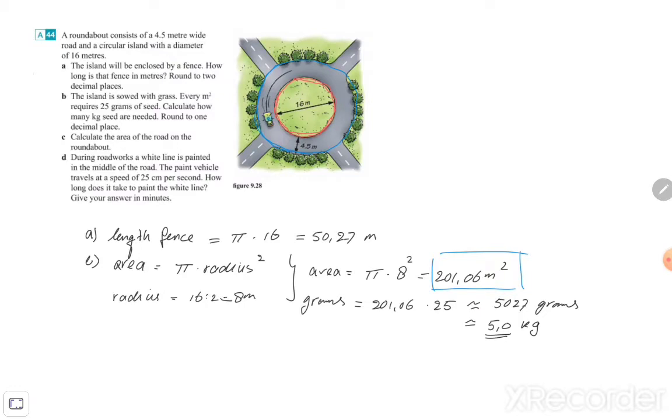So that's my plan. For exercise C, we're going to calculate the area of the road plus the island, which is, because they said that